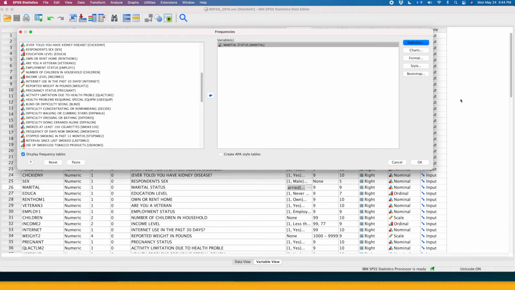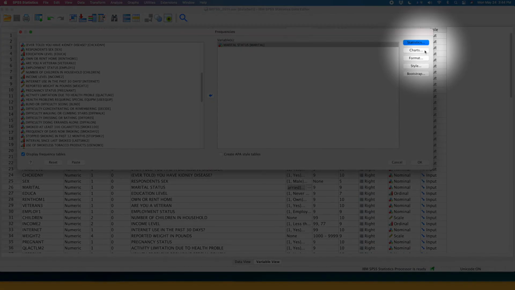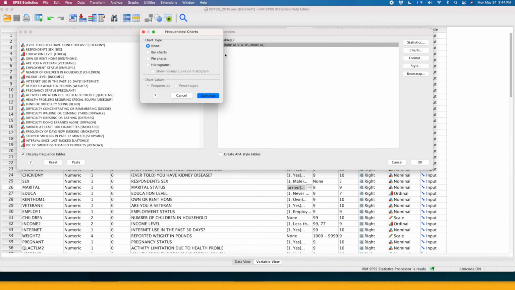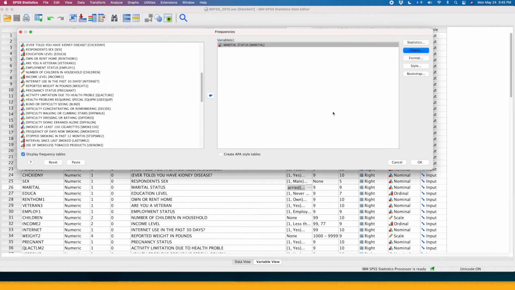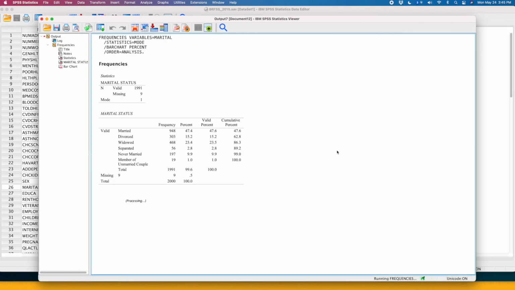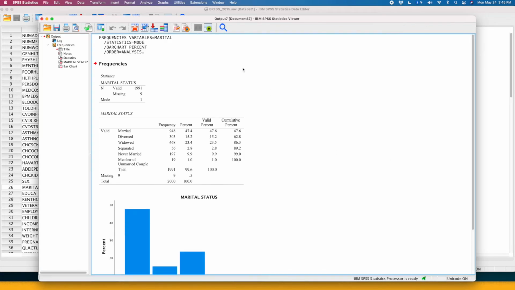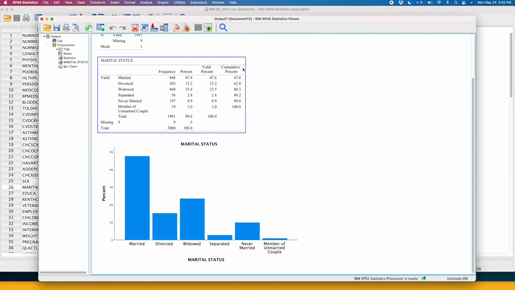I also would like to make a chart, and as you can see now, I have a chart option built in this setup, and for this has more than 4 levels. We'll work with the bar chart again, and I like asking SPSS to allow me to present this with percentages. I'm going to click continue and run this, and now I have the information that I need for this categorical